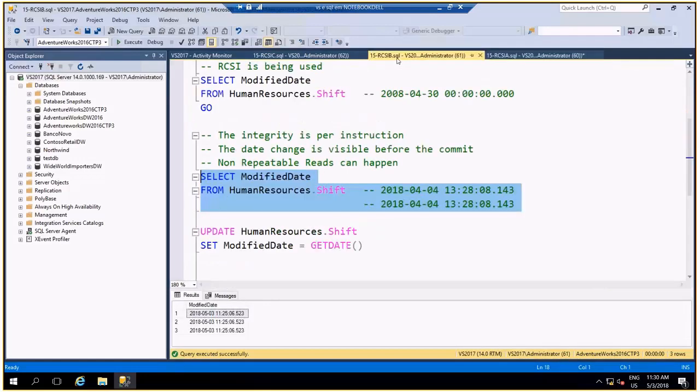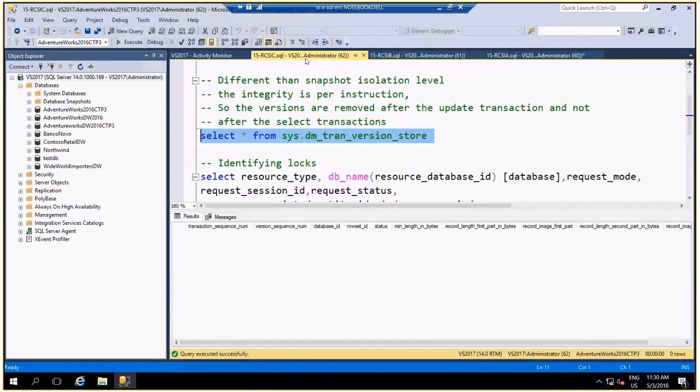Using RCSI, this doesn't happen. That's a big difference between RCSI and snapshot isolation level. And this is the difference that makes snapshot isolation level more secure about concurrence, while RCSI can still present some concurrence problems to us.